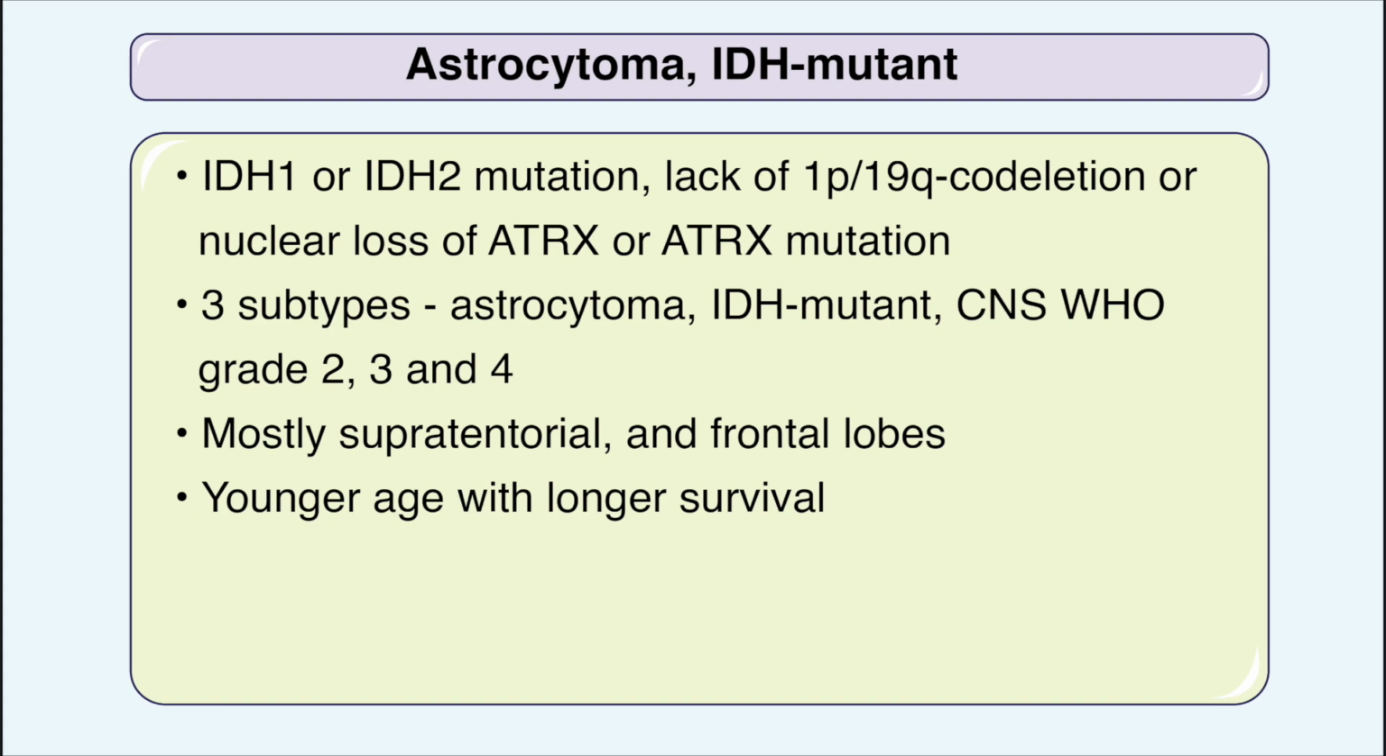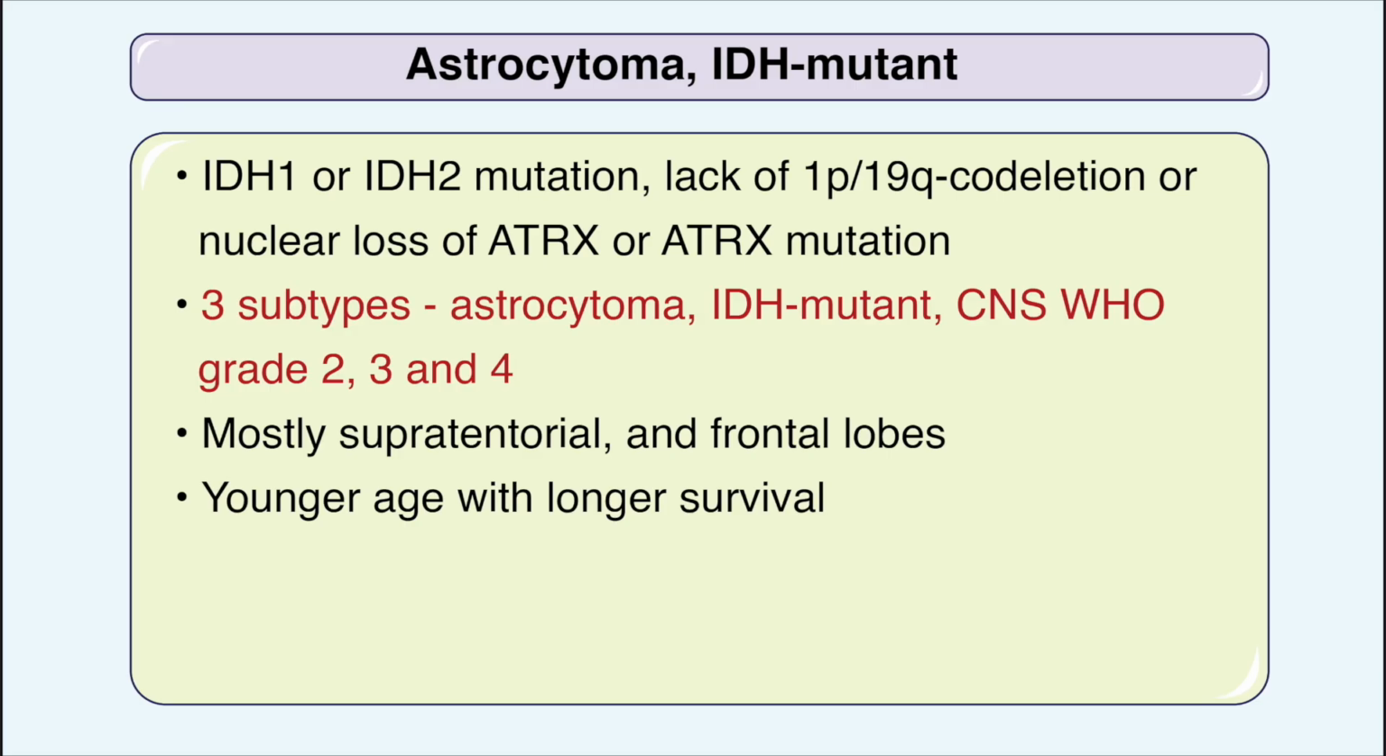Now let's dive into the basic features of individual types and subtypes. Let's see the salient features of adult-type diffuse astrocytoma. The first one is astrocytoma IDH-mutant. Diagnostic criteria include a diffusely infiltrating glioma, IDH1 or IDH2 mutation, lack of 1p19q co-deletion, and nuclear loss of ATRX or ATRX mutation. It has three subtypes designated as various grades like astrocytoma IDH-mutant, CNS WHO grade 2, grade 3,